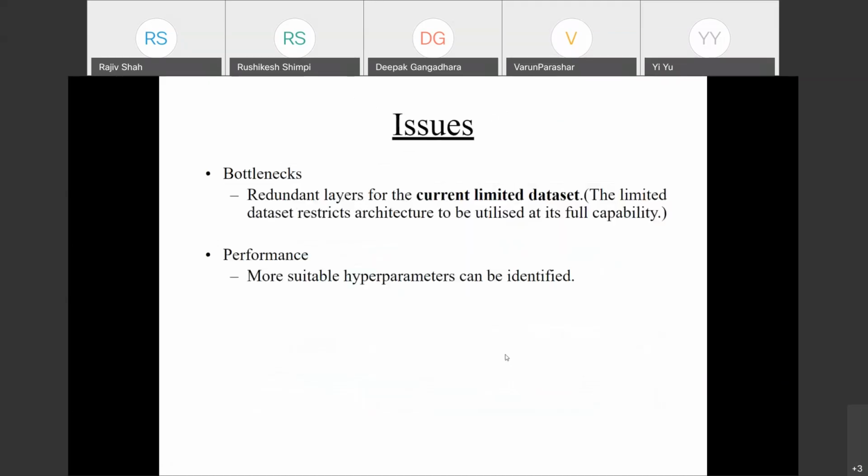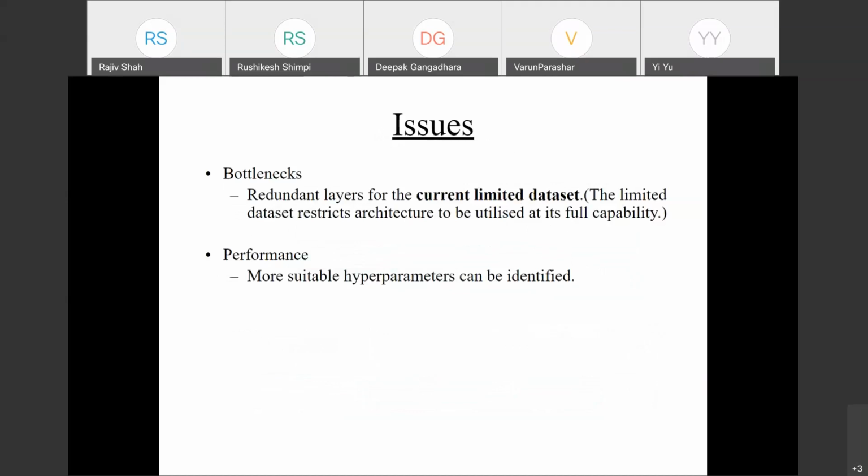The challenges or the issues that we faced during the course of the work were mostly due to the extremely limited dataset that was available at the time. Augmentation techniques were useful, but only to a certain extent, due to the reduced number of image samples of each class. We also understand that for this currently limited dataset,